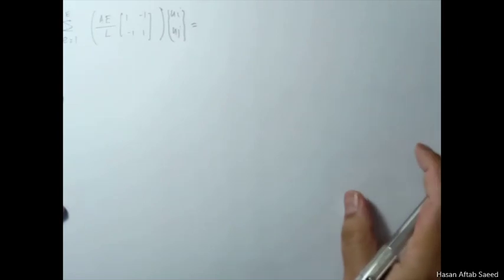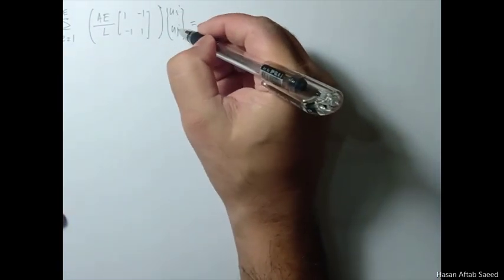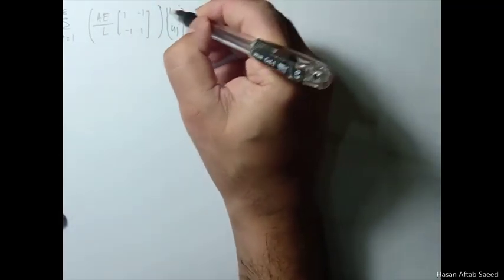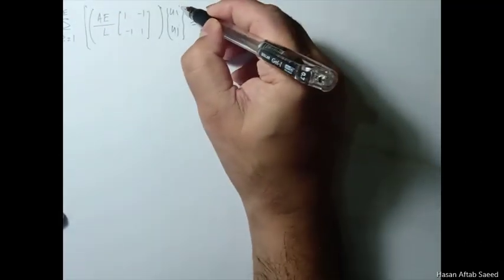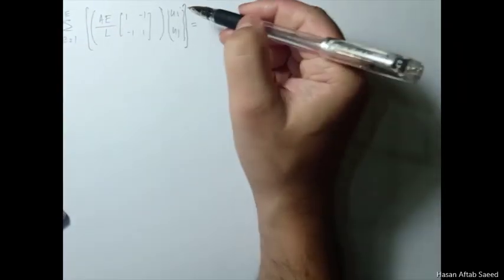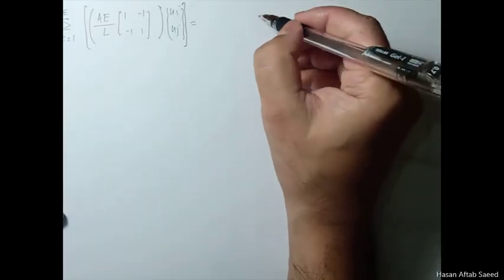For one element there'll be just two nodes, and you will be basically summing this all up. And on the right hand side there'll be